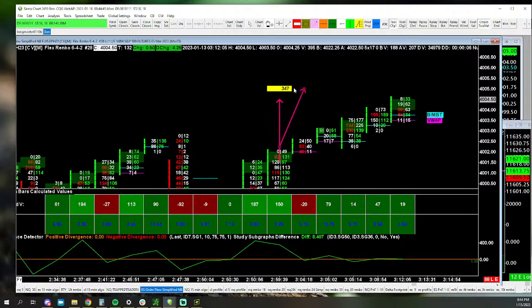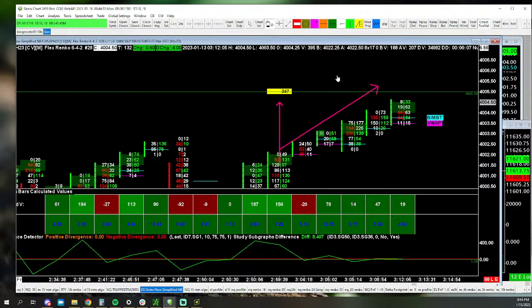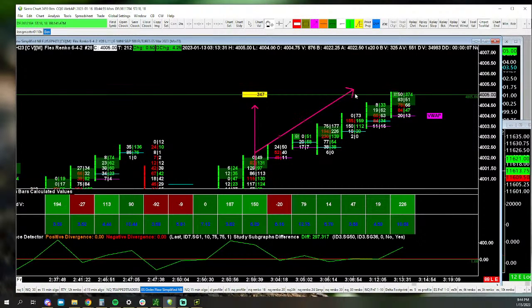So once we see this, we want to look at what the market does. Initially it tries to go up, right? And we can put a line on it if you want, if that makes it easier. So watch what happens as the market approaches. It gets to the line, right? Oops, did not mean to move that. It gets to the level, and we get a bunch of buyers.